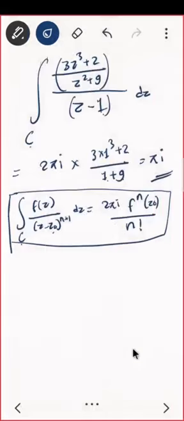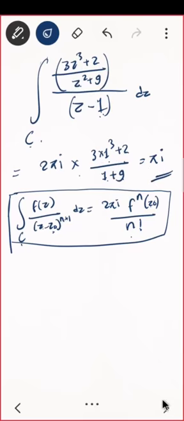So what I'm doing, I can write the function like this: the whole z square plus 9 on top, and z minus 1 below. Now by using the extended Cauchy integral formula, I can write the integral of f of z upon z minus z naught as 2 pi i times the nth derivative of f upon n factorial. Can I use it here? Yes, because my integral is of the same form. The condition was that z naught should lie in C. Here my 1 lies in C, so I can use that. So the answer will be 2 pi i into 3 into 1 cube, whatever that is, putting 1 in place of z, and the answer is pi i.